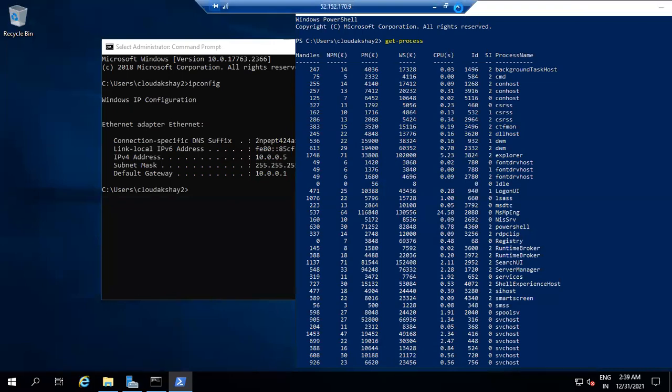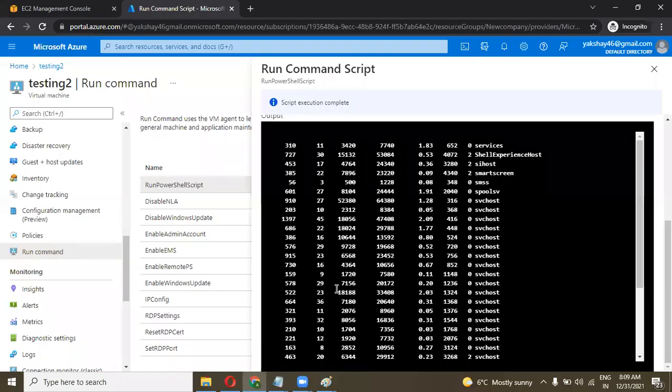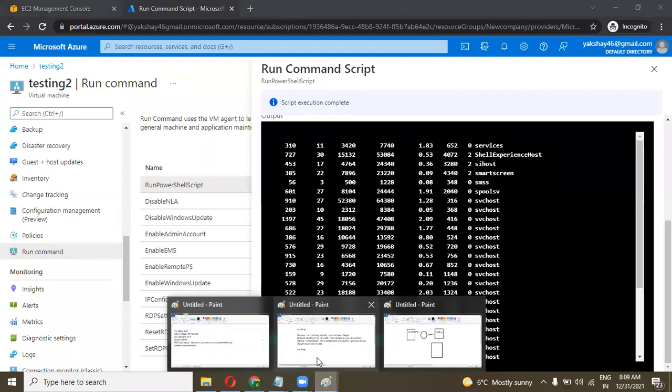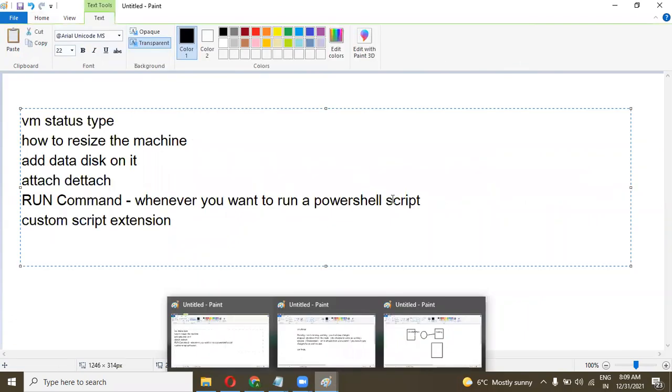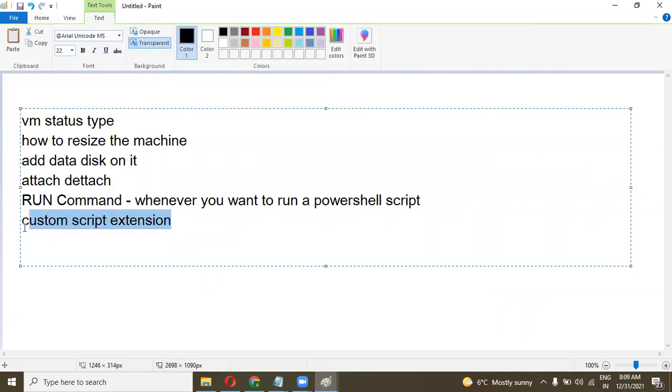And also they have some limits. I'm writing all the run command limits here. The limit is that output is limited to the last 4 KB.